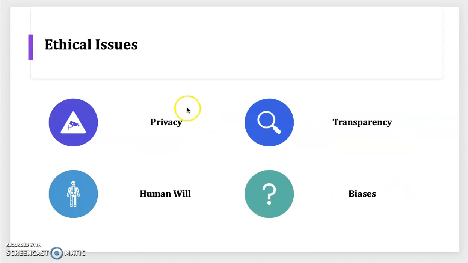Data science also involves ethical issues. Privacy. Data science tasks can infringe on the privacy of individuals. So for a specific organization, the data scientist must prevent it from happening. Transparency. Customers should be informed how their data is being used through the workflow of the usage. Human will. The inference of the prediction of the data science algorithm should not interfere with the human's personal will. Bias. The data science algorithm can sometimes